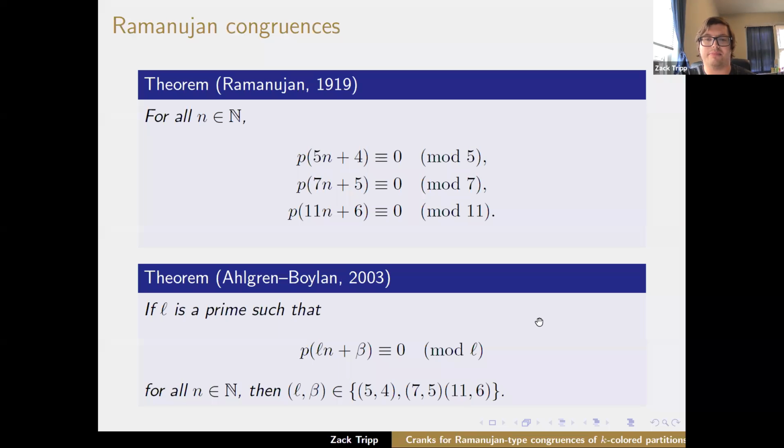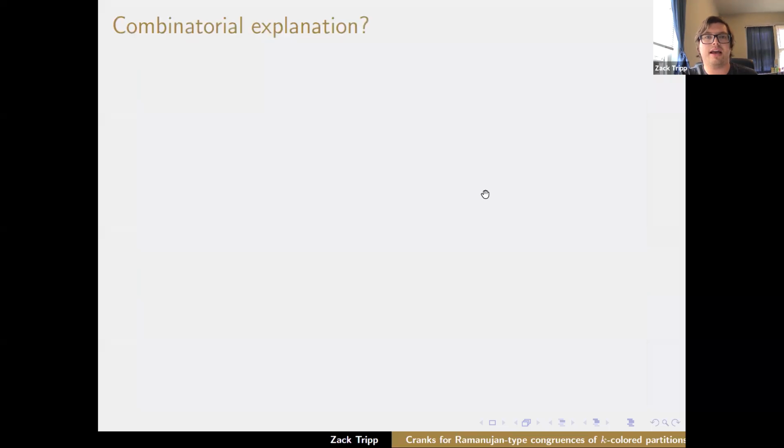So we want to think about why these are the only three cases. And I should say the quote unquote easy ways to prove these are through Q-series proofs. But because partitions are a very combinatorial object, we would also be interested in combinatorial explanations. So I'm going to give what may be a possible answer for what a combinatorial explanation of these